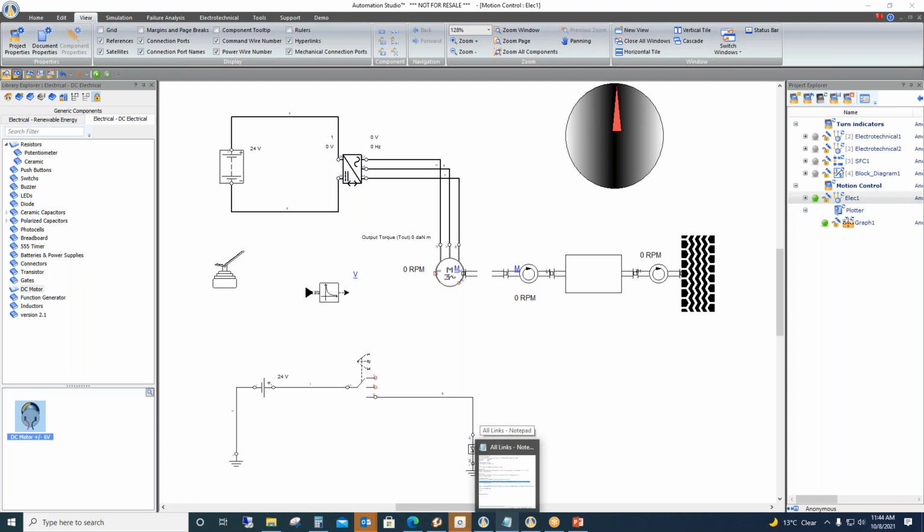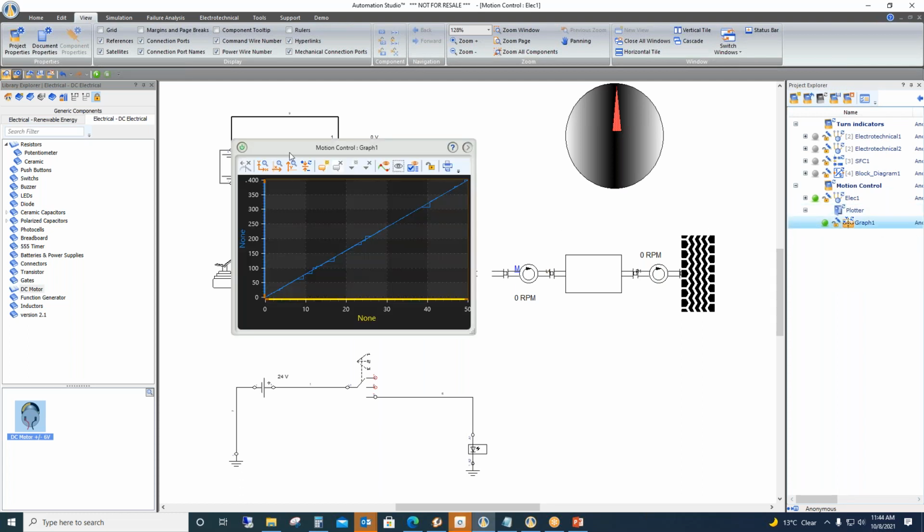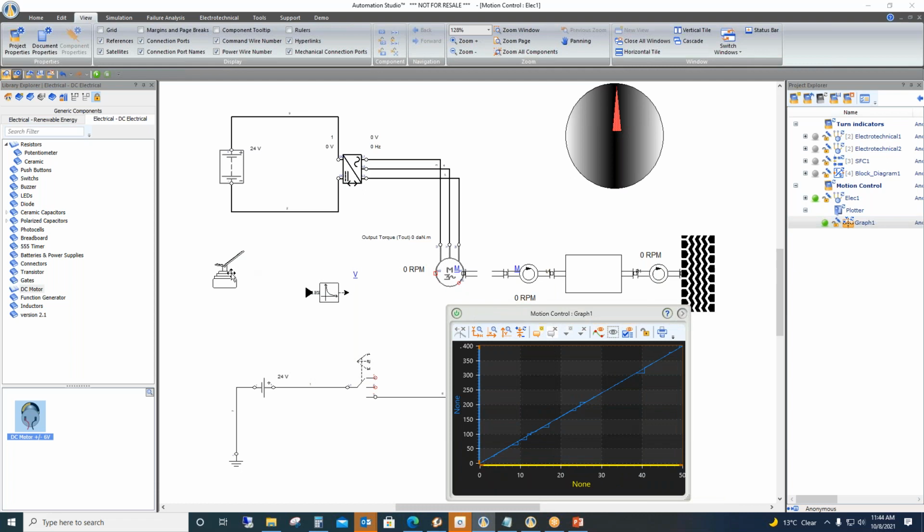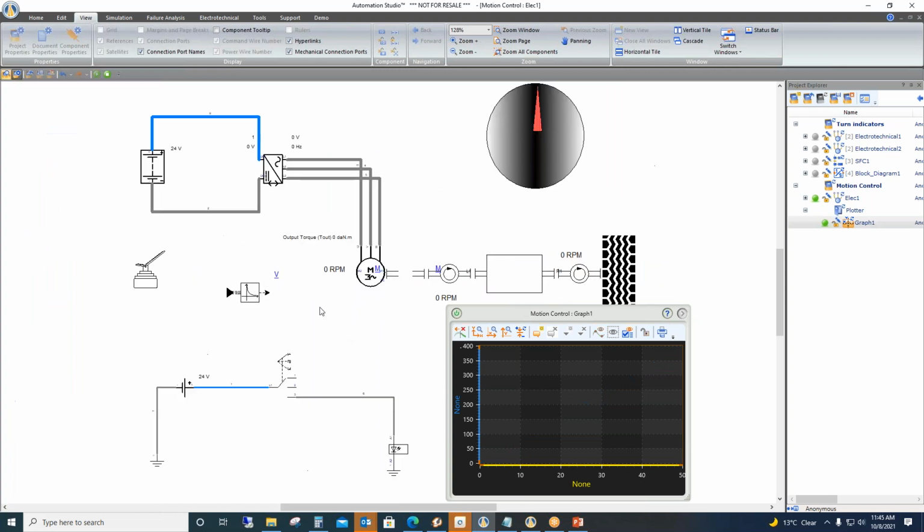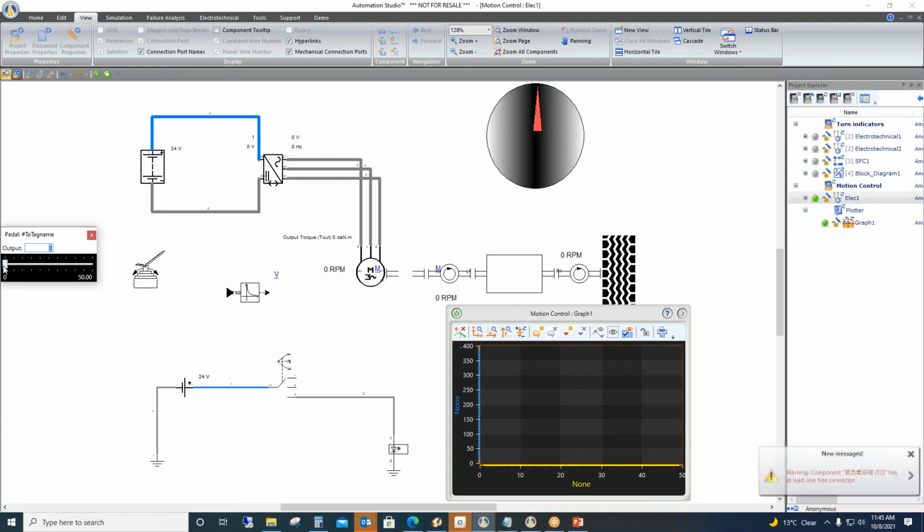Yes. Okay, thank you. And then what we have done is we have taken one plotter, and in this plotter we have added the frequency pedal and the output voltage of this controller, the control device, to see that the output voltage is linearly varying with respect to the frequency.